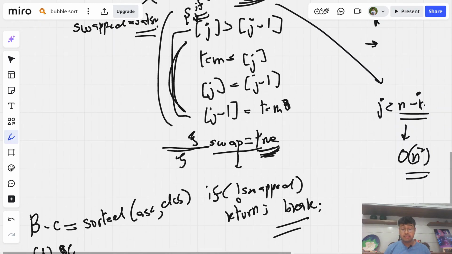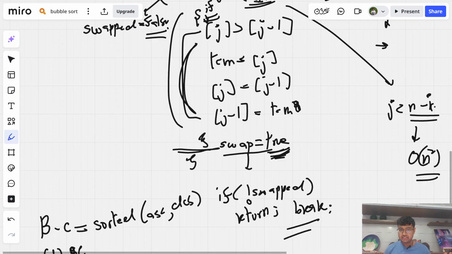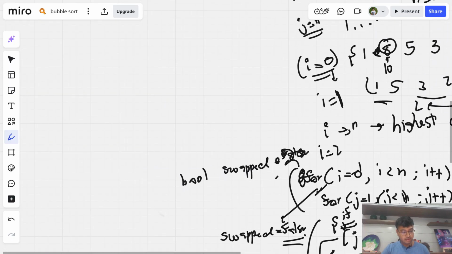So, let's talk about descending order. Literally everything remains the same, only this logic will shift. If that element is smaller than its previous element, then we swap it. So basically all these signs will change accordingly, so nothing changes as much. So yeah, this was the